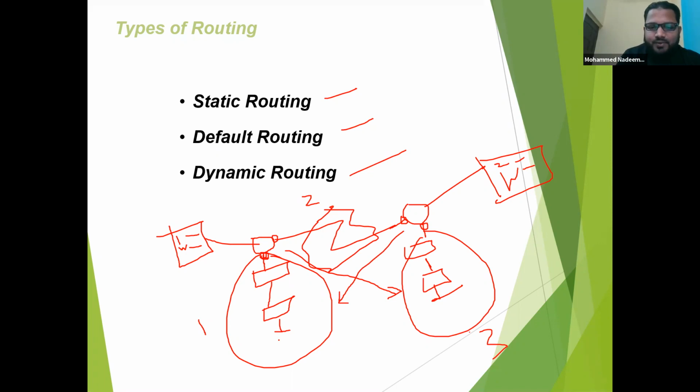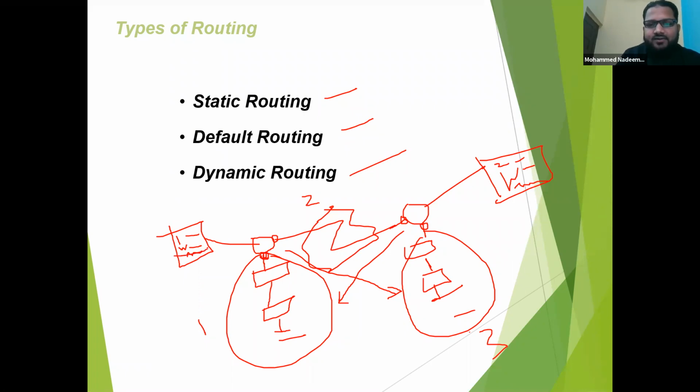So if this LAN wants to talk to this LAN, all three routes have to be placed in this routing table. Similarly, all three networks have to be placed in this routing table. So what are the networks not directly connected? You need to use these routing methods and insert those missing routes. That's routing.